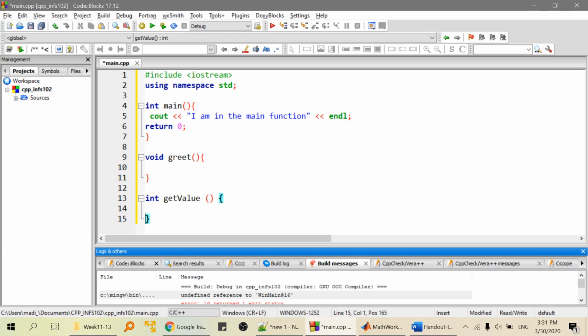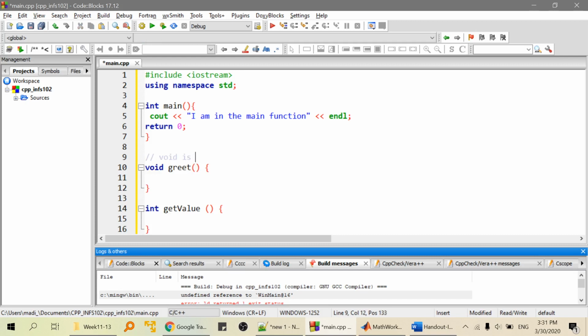All right, so what I have done just now is that I have created two functions beside the main function. The main function has only a display message, and these other two functions are just empty functions. From the creation here, we can note that each function should contain the following. It should contain a keyword, the return type of the function. So void here,